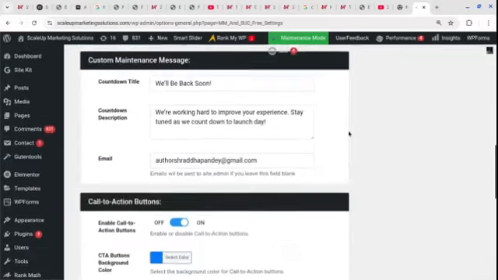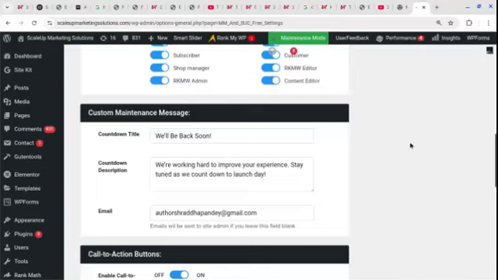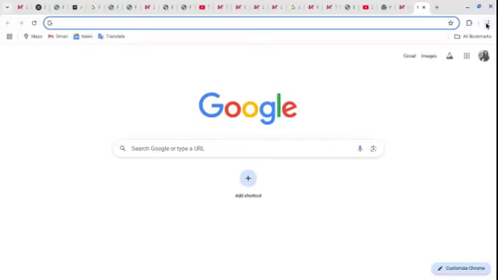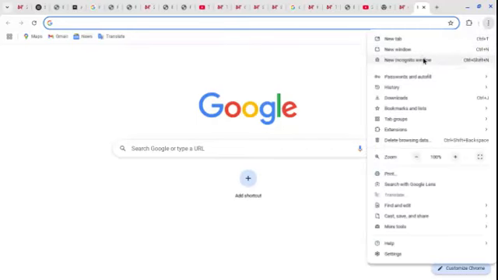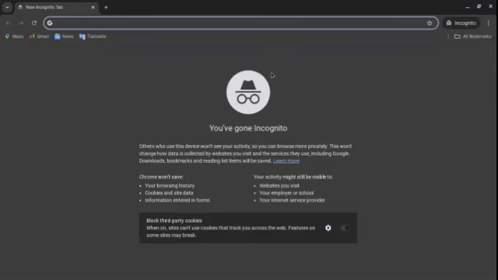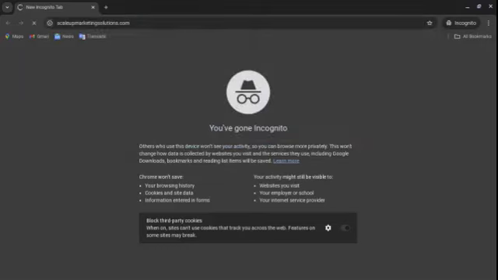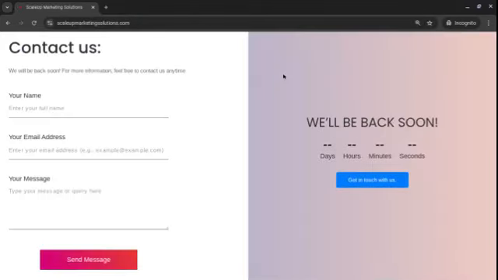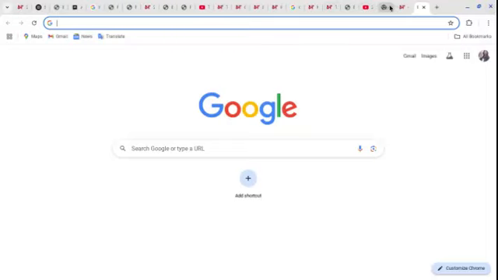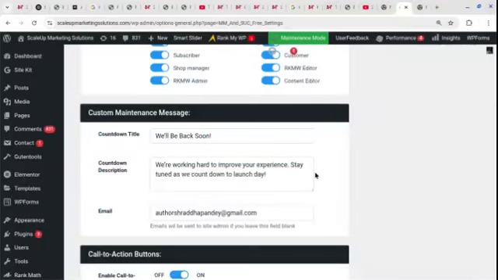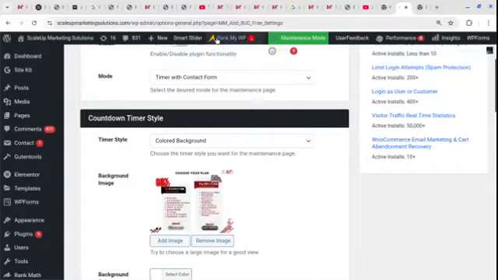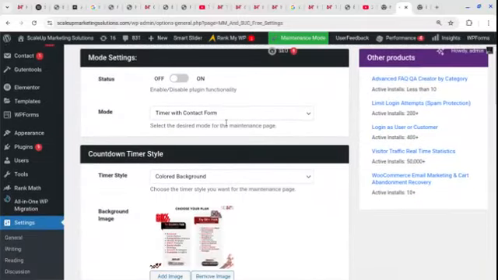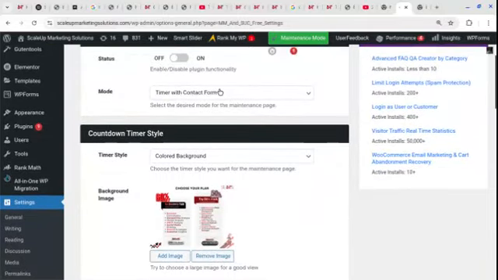Okay, so when I talk about the incognito window that I showed you, my website, the form and everything, where did it all come from, or where can you also put it? Okay, let me just tell you. You can see this form here. I'm just telling you how to do this. Let's just go back to here. You can see this here. Okay, first thing, you can see timer with contact form.